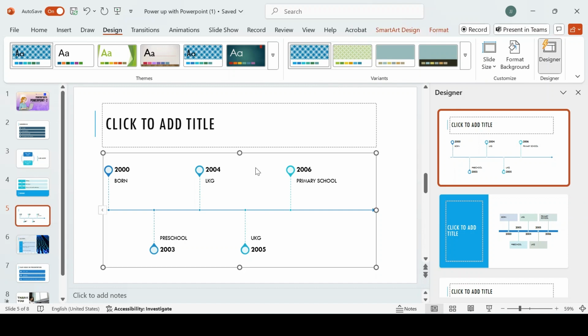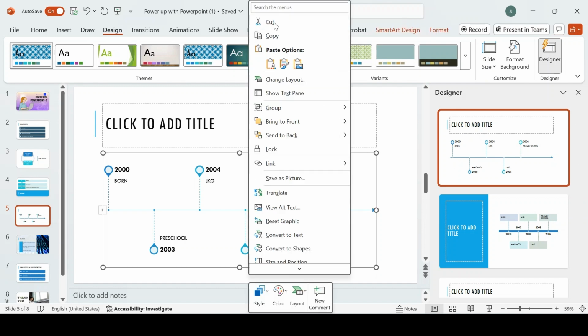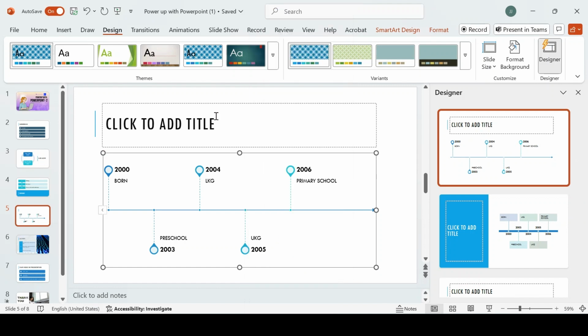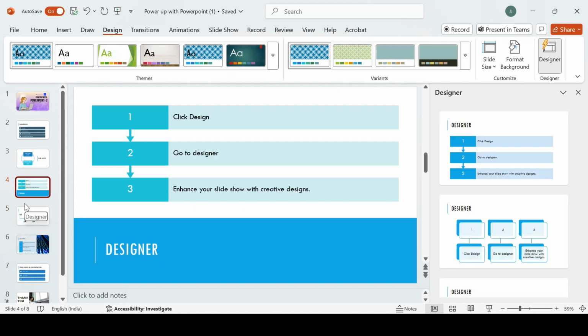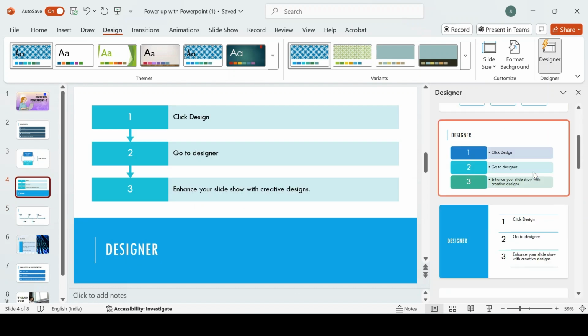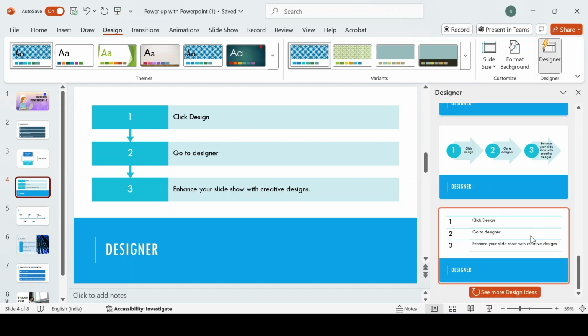So this is editable. You can even copy this as a picture and paste it in Word. You can make use of it in Word also. So suppose if you are writing a manuscript and in that it's mentioned about clinical trials, it is having a lot of years to mention. And in such cases, when you make use of these timelines, it will look more presentable. So not only for timelines, you can make use of designer for all other slides too. See here, if I am clicking this slide, it suggests me a lot of designs. You can even ask for more designs, see more designs. So for this purpose, you can use it to enhance your presentation.